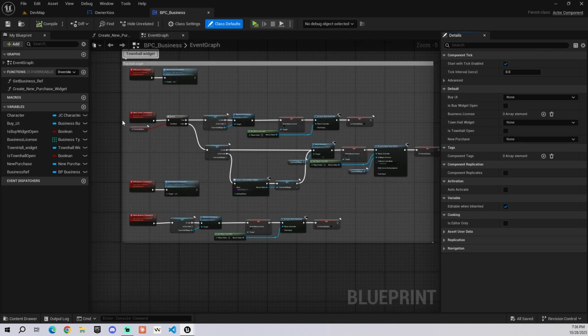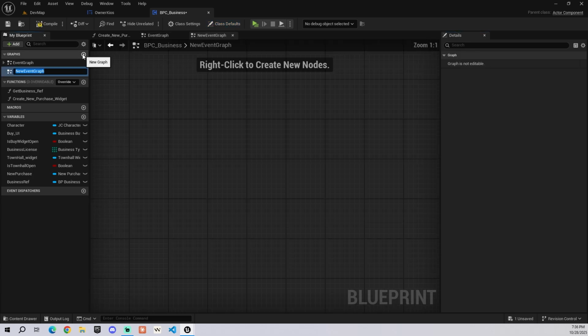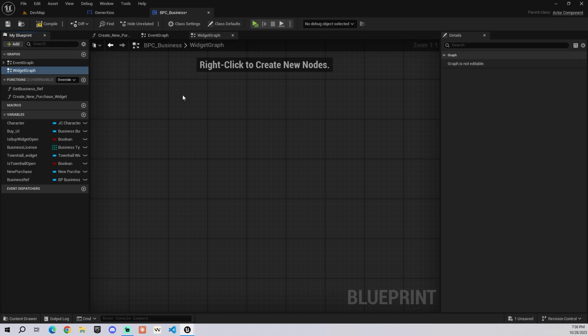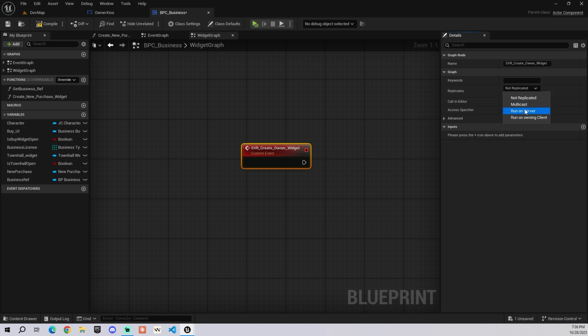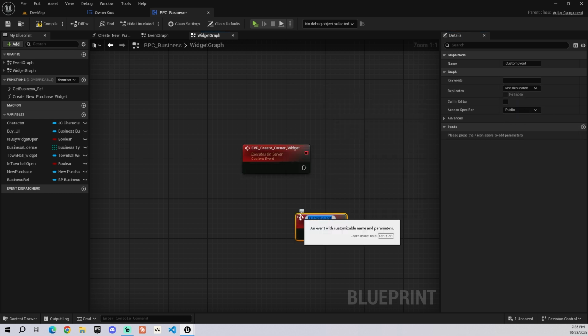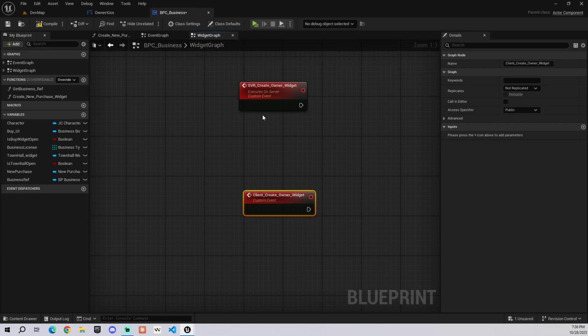BPC business, let me create a new graph for the widget graph, and we can say server create owner widget, and make sure it's still recording. Okay, it is. Make sure it's run on a server, and I think this one, no, this one should be client. Yeah. Make sure it's on client,